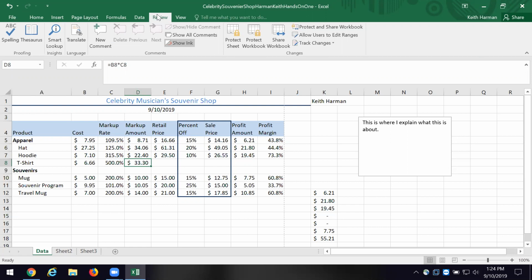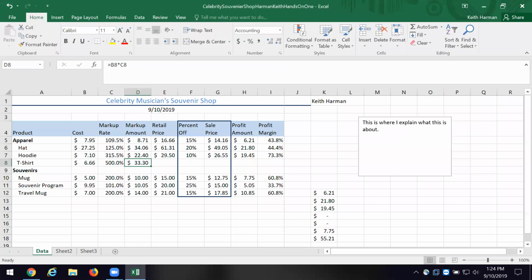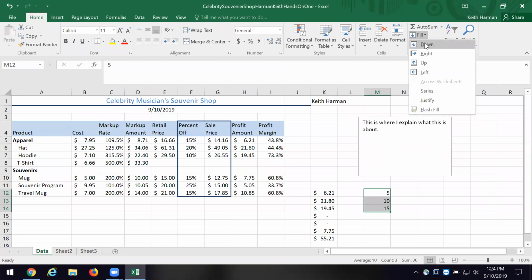So they've got the flash fill thing over on page 319. But I do want to show you about the series if you haven't worked with it yet. So click back on home and come over to cell M12 and put in 5, and then in M13 put 10 and put 15 in the next cell. Now we're creating a pattern, okay? So I'm going to highlight those 3 cells, and I'm going to click up here on the fill, and I'm going to say fill it down,